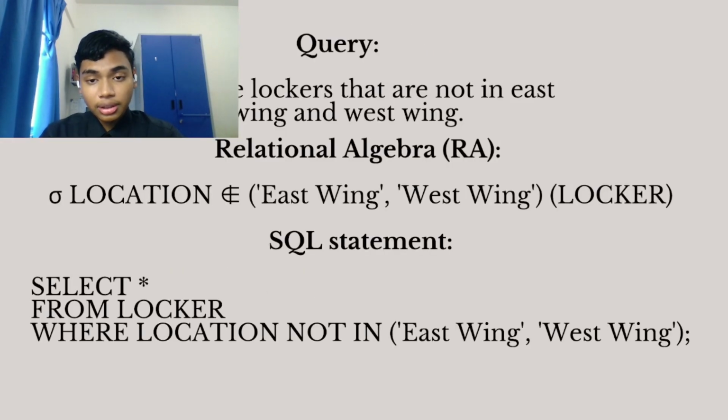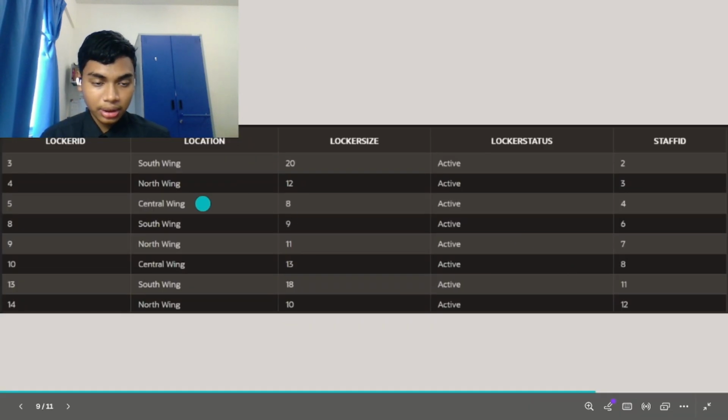Alright, next one. Retrieve lockers that are not in East Wing and West Wing. So this is easy. You just select the table, select table location, not in, this is the symbol for not in, East Wing and West Wing locker, from locker. The SQL statement should be select all from locker where current location not in East Wing, West Wing, in the brackets. The result should be all of this,